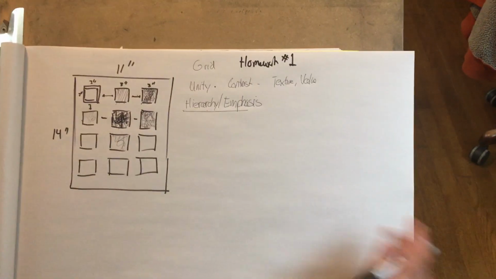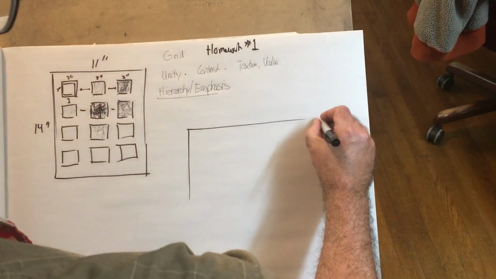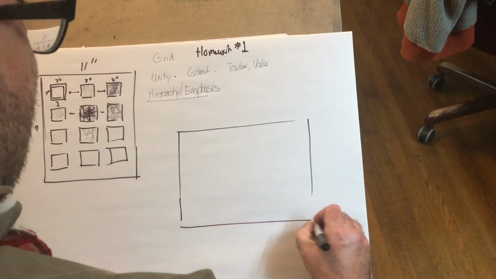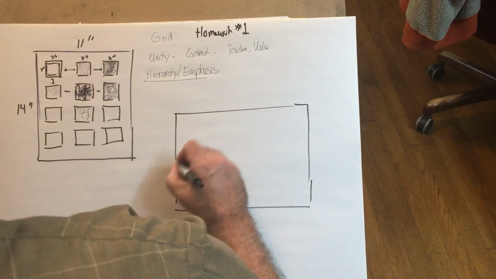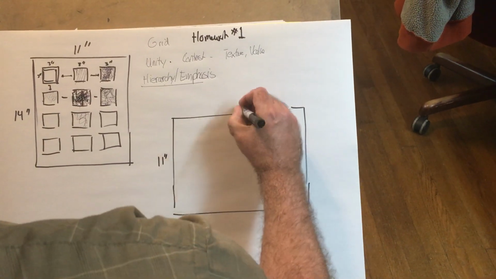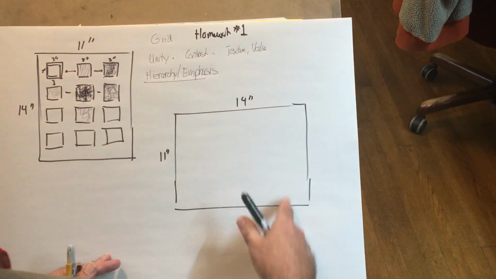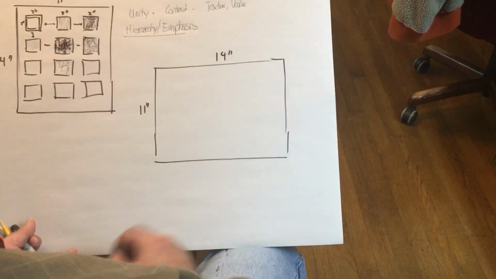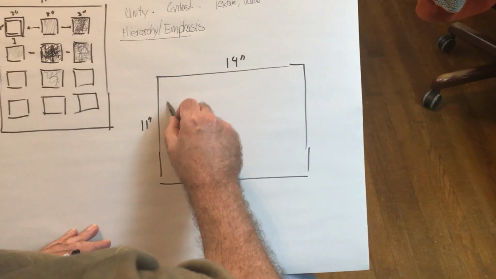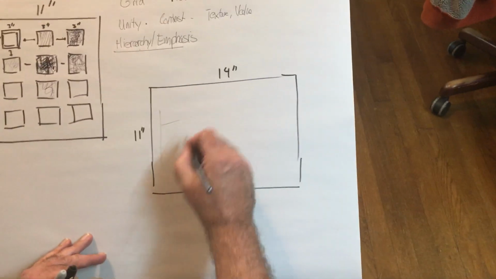And then lastly, on a separate Bristol board, which I will also hand out to you, right? This Bristol board and this one here I will hand out to you. And both 11 by 14. Now on this one, you could do a horizontal or a vertical. It's totally up to you. And you need to come up with, let's see, I'm going to get my graphite. You need to come up with some composition. I'm going to come up with an idea right here. Some composition